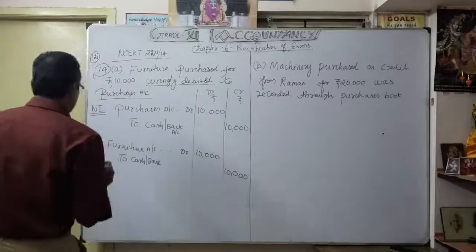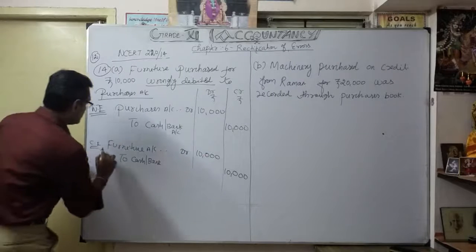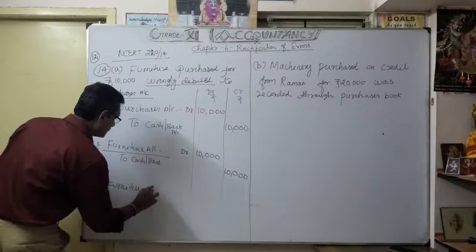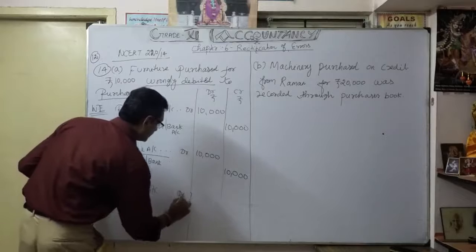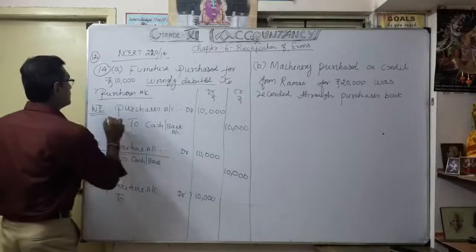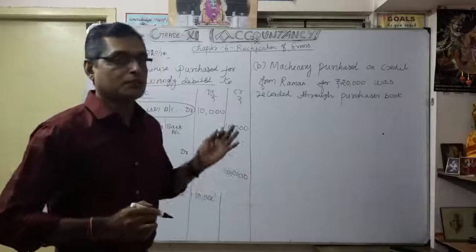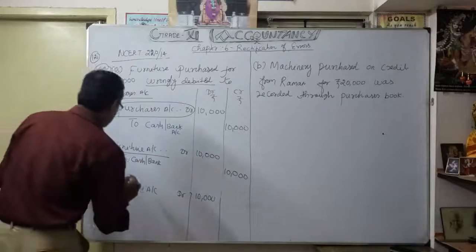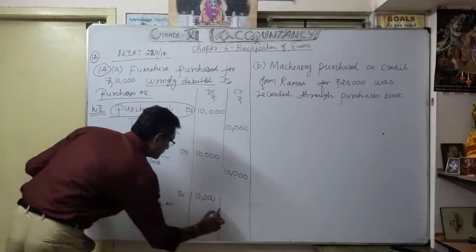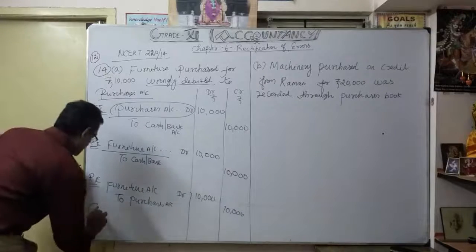Now what is the rectification entry? Rectification entry is very simple. You are supposed to debit what? Furniture account, 10,000. Earlier it was wrongly debited and considered as revenue expenditure. Now it is going to be treated as capital expenditure. That's why I am going to credit purchases account 10,000. Narration? In the same manner, furniture purchased being